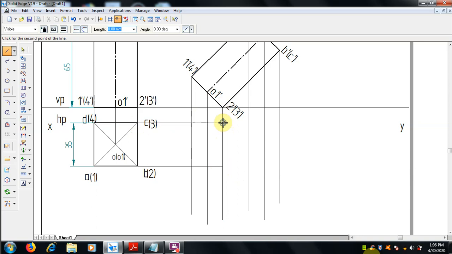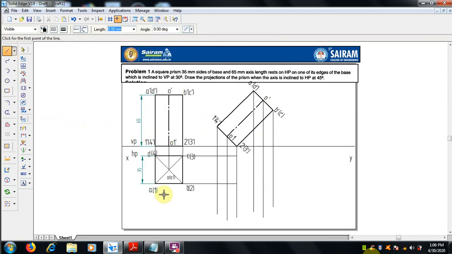the intersection, it gets intersected here, and 4 to 4 dash it intersects here. So now the intersection is over and this bottom face is over. We can extend that to the top face of the prism, that is A, where A and A dash meet, where B and B dash meet. Here it meets C and C dash, where it meets D and D dash meeting points.